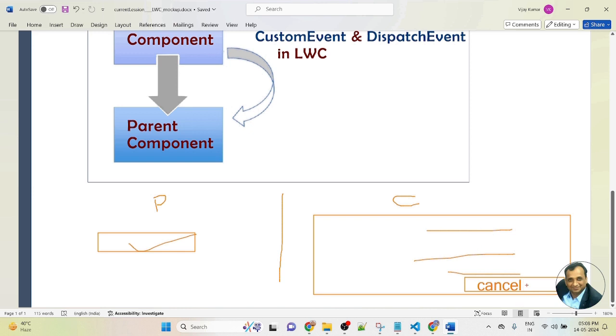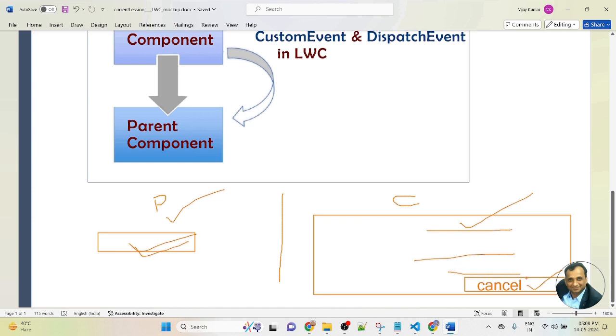Whenever we click on the cancel button, this modal popup will hide. Whenever we click on the button in the parent component, this modal popup will open. So friends, in this lesson, we will create a button on the parent component and we will show and hide the modal popup on the child component. We will show the modal popup from the parent component using the custom button, and we will hide the popup from the child component.